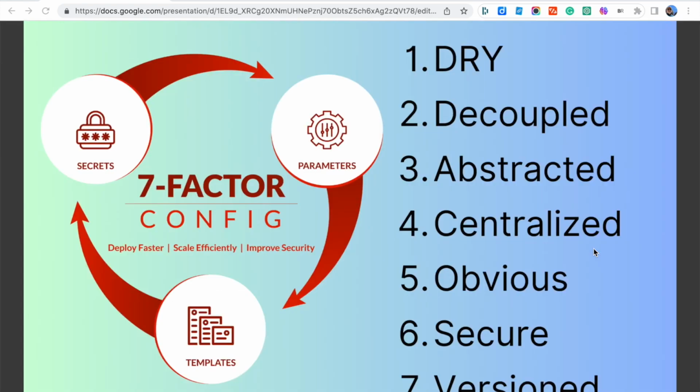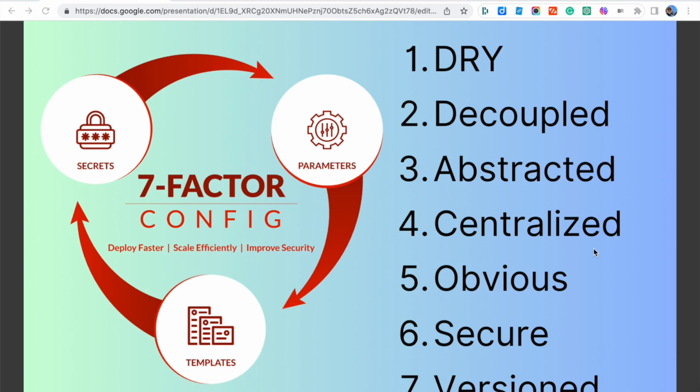So that's the 5 misconfiguration types that we see so much. Now I want to talk about 7-factor config, which is a set of principles that describes a way of managing secrets, parameters, and templates that, when followed, enables teams to reliably deploy, quickly scale, and reduce unplanned downtime and security incidences. It's not prescriptive around a specific named open source tool or vendor, but rather should function as a set of best practices and a checklist that you can use internally to see how close or adrift you are from